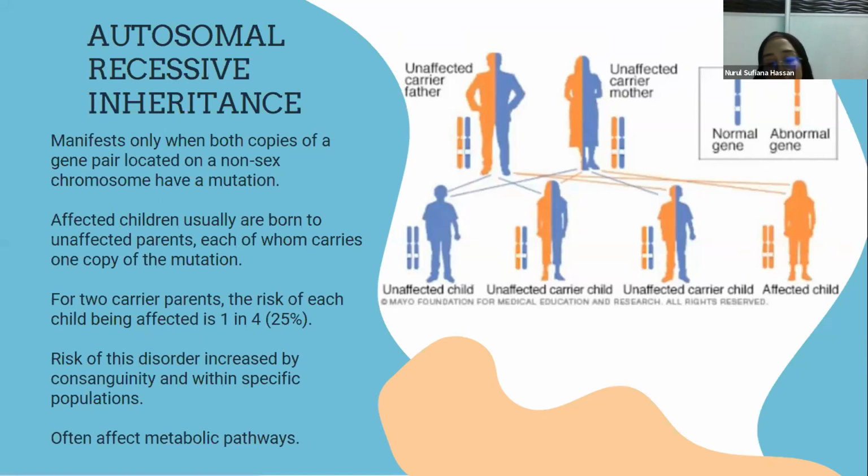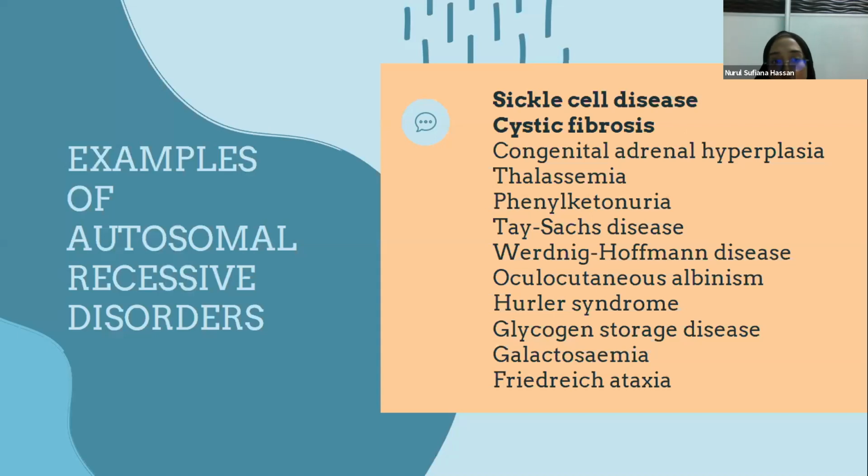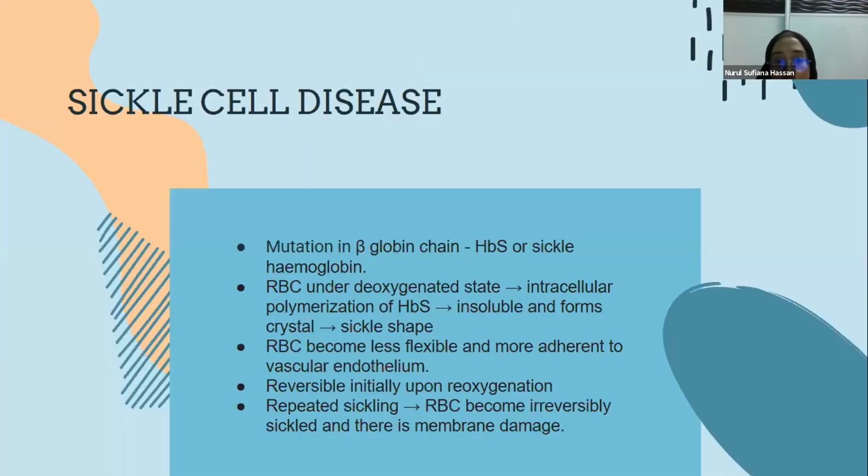While the autosomal dominant usually affect the structural protein, autosomal recessive usually affect metabolic pathways. These are examples of autosomal recessive disorders, and I will talk about the first two. The first one is sickle cell disease. The mutation is in the beta globin chain, causing the hemoglobin to become abnormal, specifically called sickle hemoglobin or